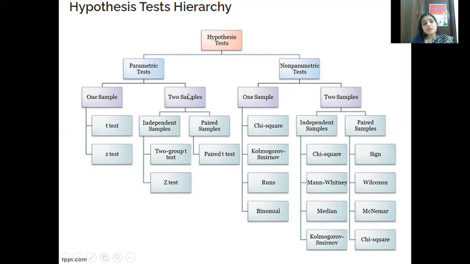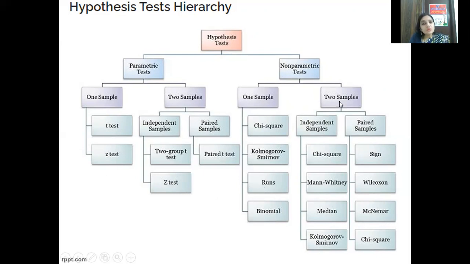Then when there are 2 samples, there are tests like independent and paired samples. For independent samples, we have the 2 group T test and Z test again, and for paired samples we have the paired T test. In case of non-parametric tests, for 1 sample we have chi-square, Kolmogorov-Smirnov test, Runs test, and binomial,